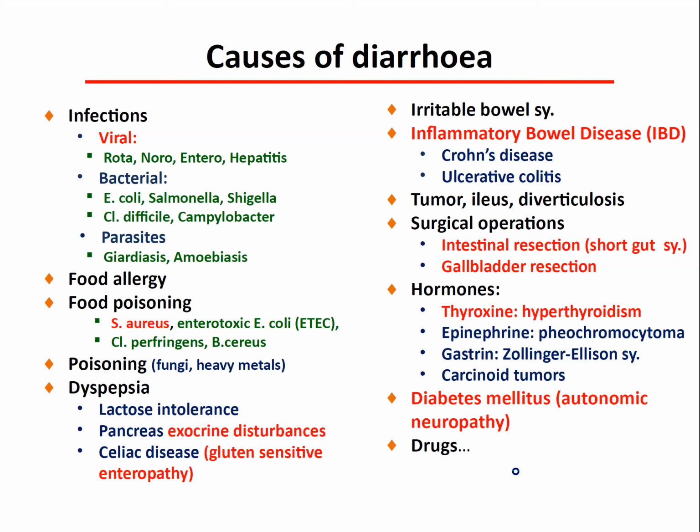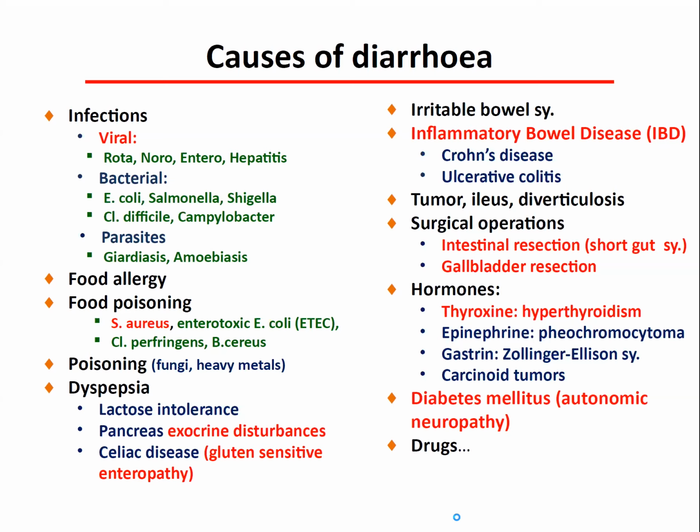Food poisoning, such as Staphylococcus aureus enterotoxin, for example, or E. coli, or Clostridium perfringens, or anything that can cause a problem for the patient and cause diarrhea, or fungi, or heavy metal poisoning, or dyspepsia. Somebody may have lactose intolerance, or pancreatic exocrine disturbance, for example, or celiac disease, gluten sensitivity, or enteropathy, or irritable bowel